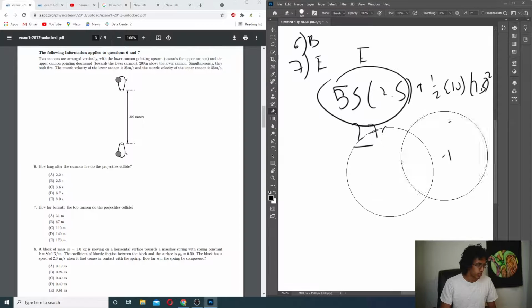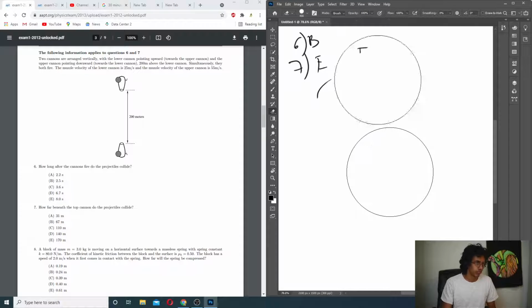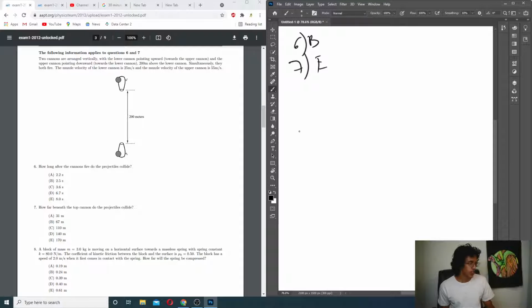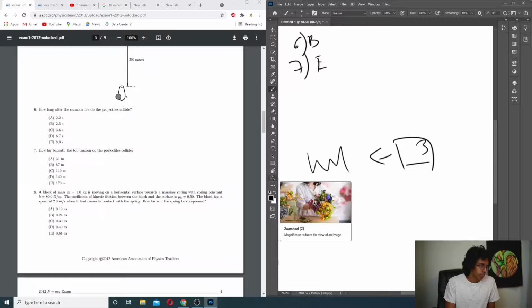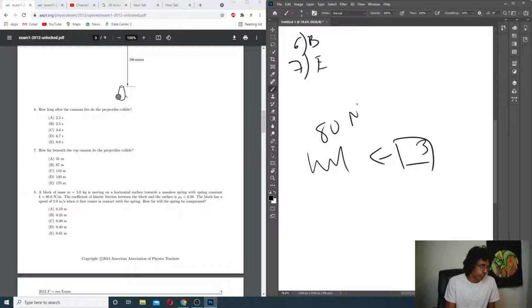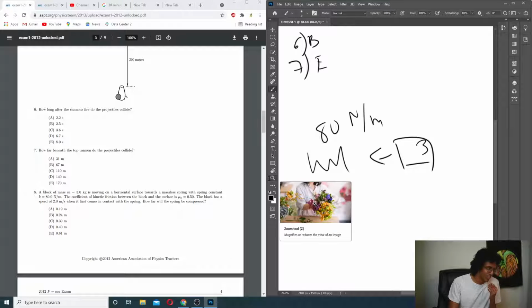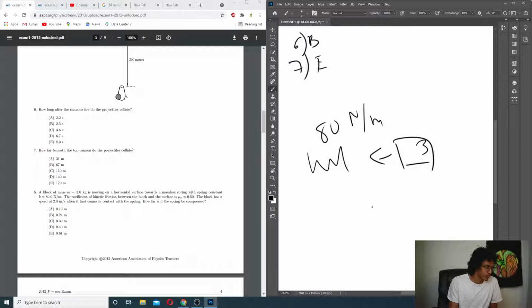A block of mass 3 kg is moving on a horizontal surface towards a massive spring. Let's say it's moving left, 3 kilograms, and the spring has 80 newtons per meter. The coefficient of kinetic friction between the block and the surface is given, and the